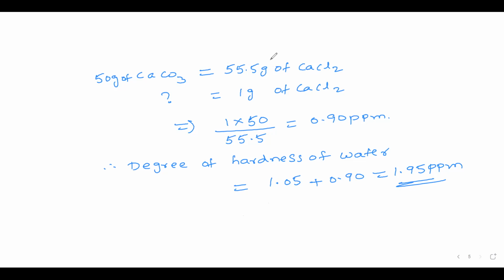So, let us take the last example. I'll take it from the first page, question number 4. With this, we can finish up this concept, then we can go for another concept. So it is equal to 1.95 ppm. A water sample. These numericals are very, very important for JEE Mains and Advanced, also NEET. A water sample